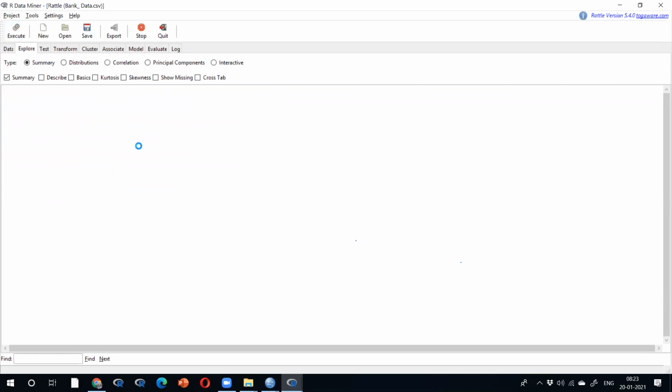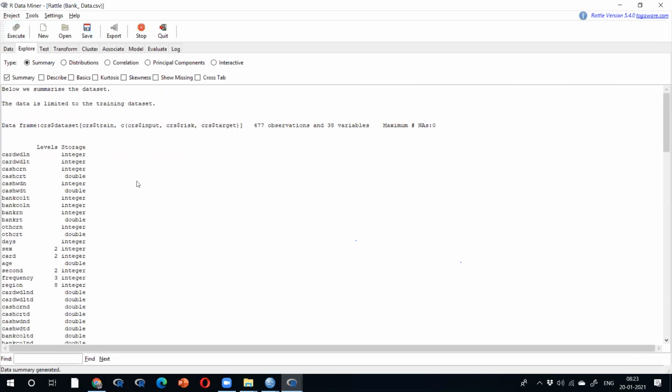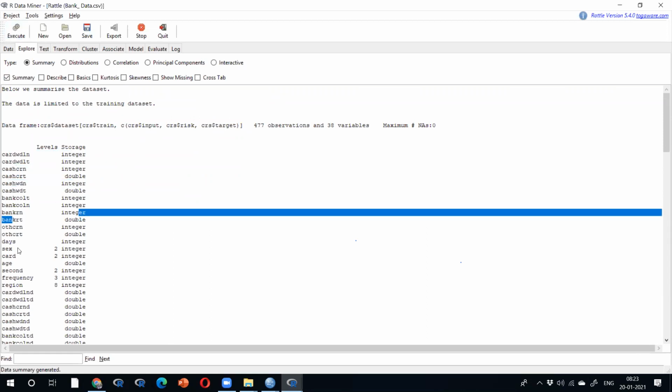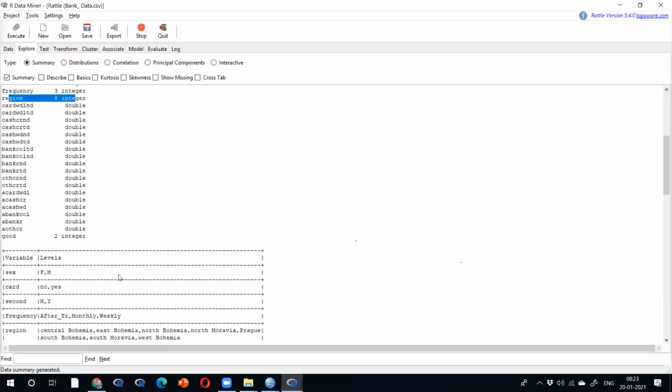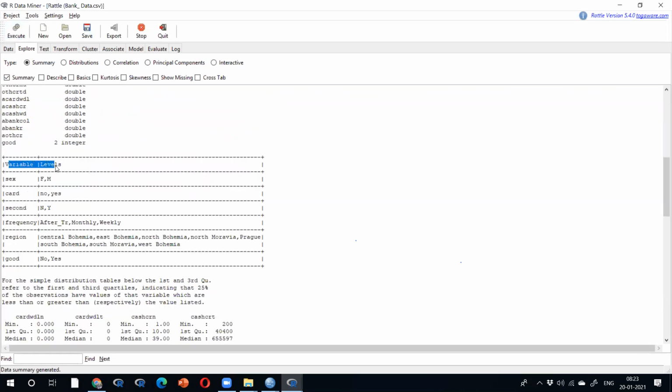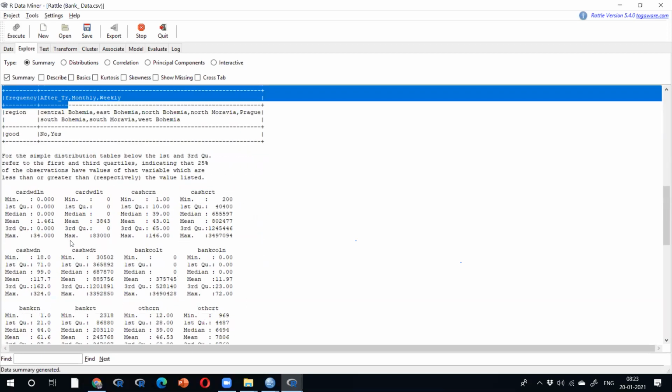The first variable is integer, sex has two categories. It's nominal data, ordinal data, such kinds of things. Region has eight categories. Then this is classification data, nominal or ordinal. Am I right? The rest of the data is numerical data.